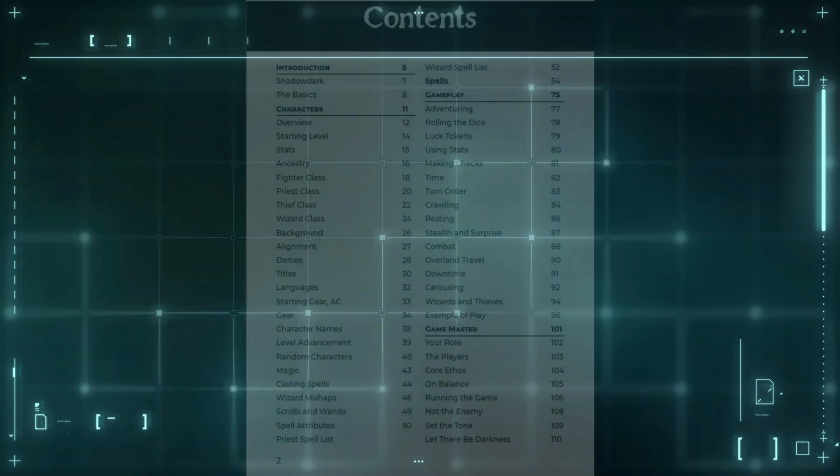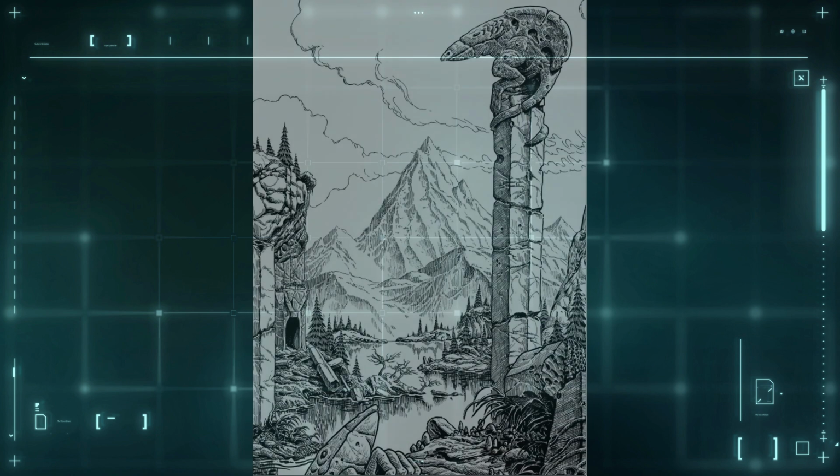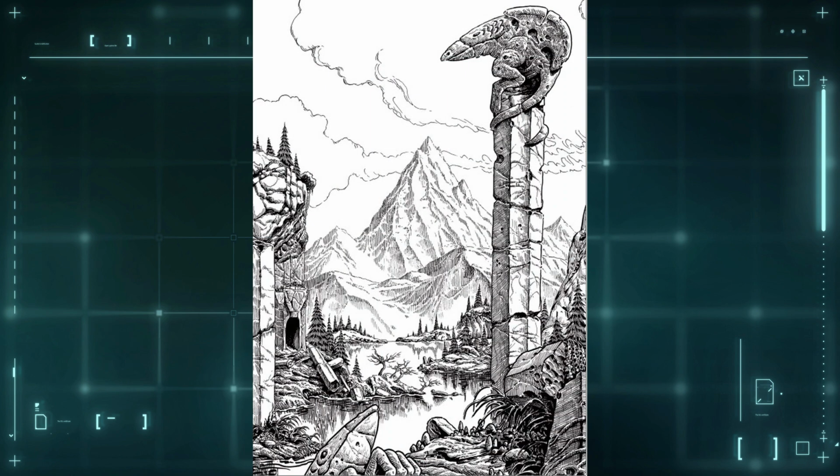We have that. The game is like a 330-page book. It's split into the character and gameplay section and the game master section. This is an old school D20 based game. So, you roll a D20, you add a modifier, you compare it to the DC, and you determine success or